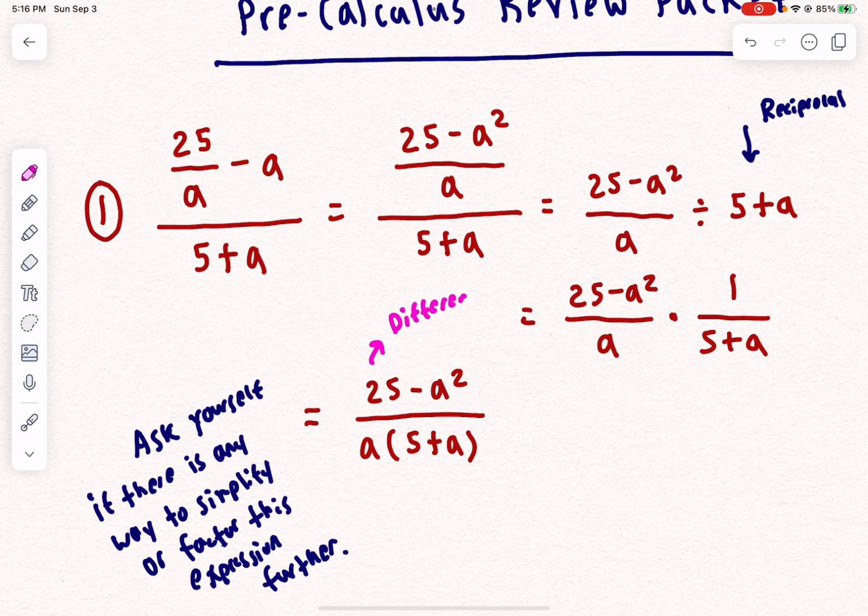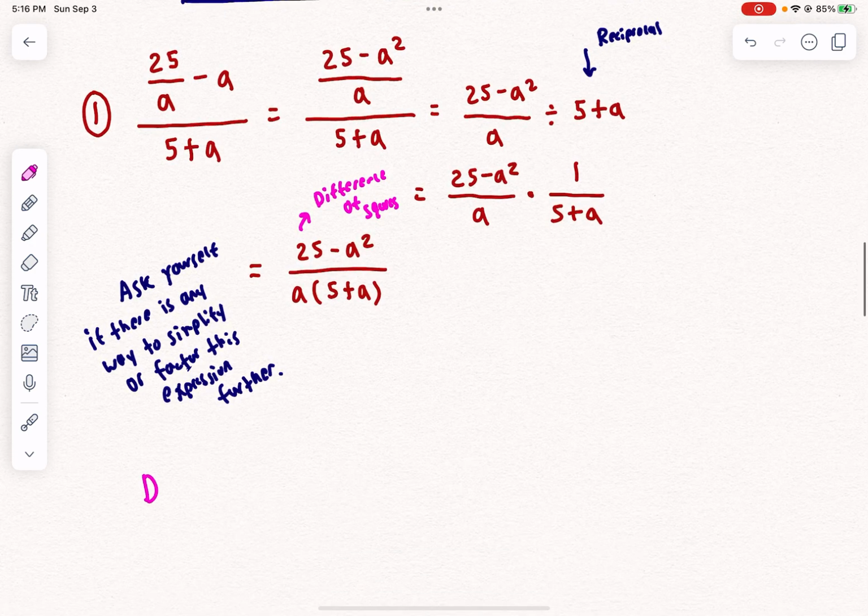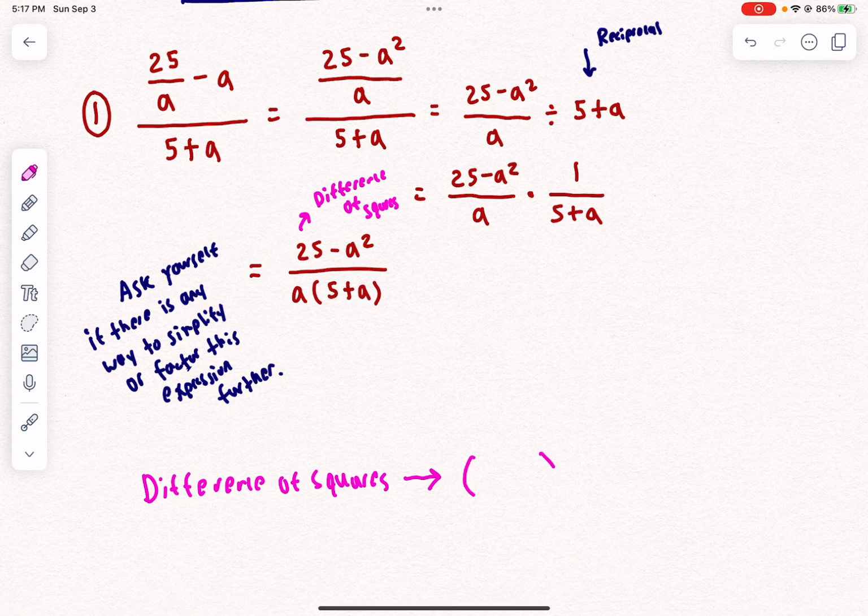Difference of squares. And please recall that with difference of squares, this is giving us an algebraic way of factoring. So the idea behind difference of squares is if you have a situation,